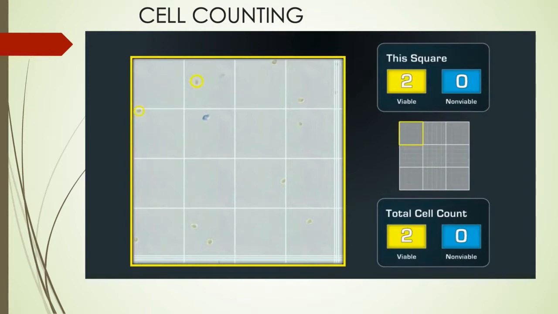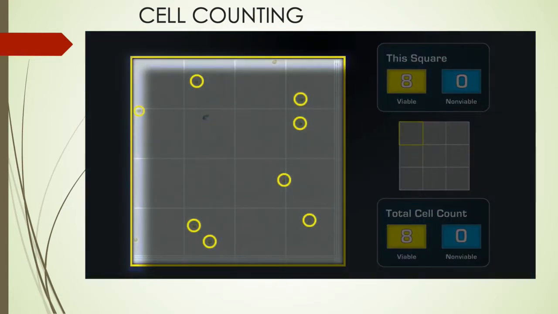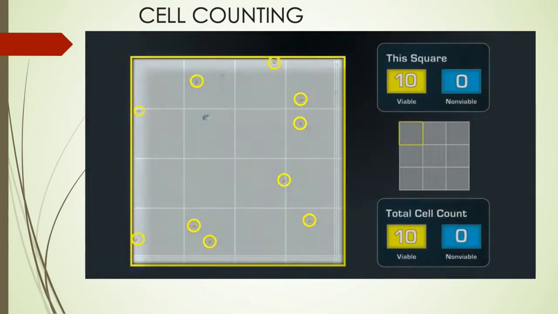1, 2, 3, 4, 5, 6, 7, 8. So what about the cells that are touching the outside boundaries of the square? In our lab, we count the cells that touch the top and left boundaries, and we ignore the cells that touch the right and bottom boundaries. 9, 10. We need to count